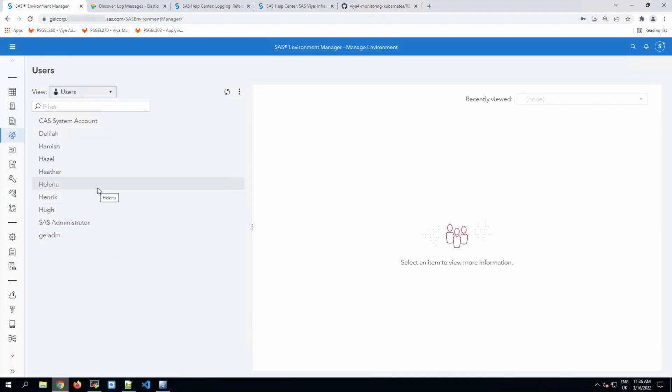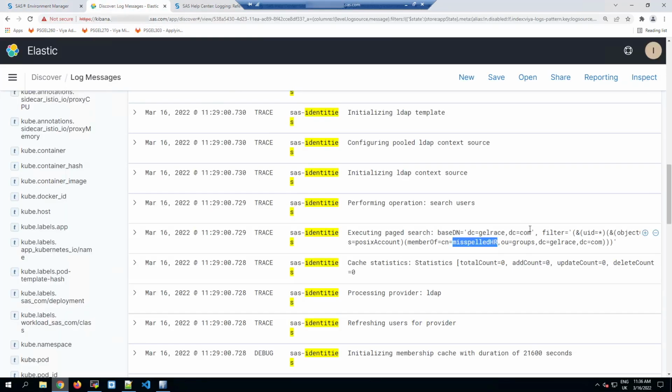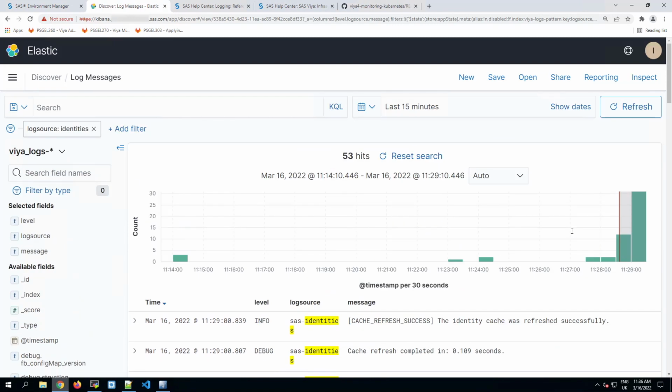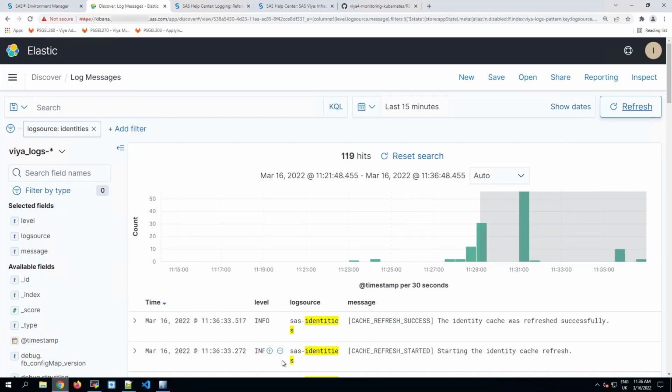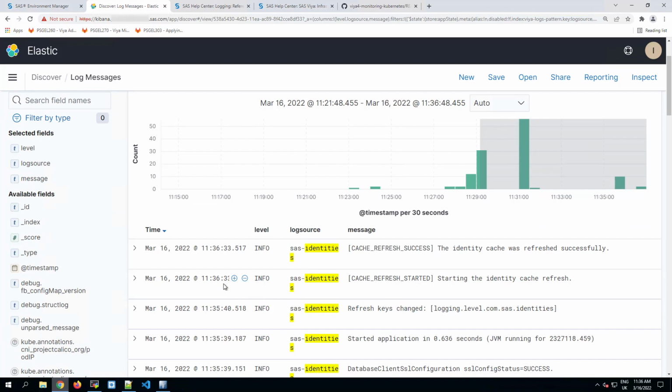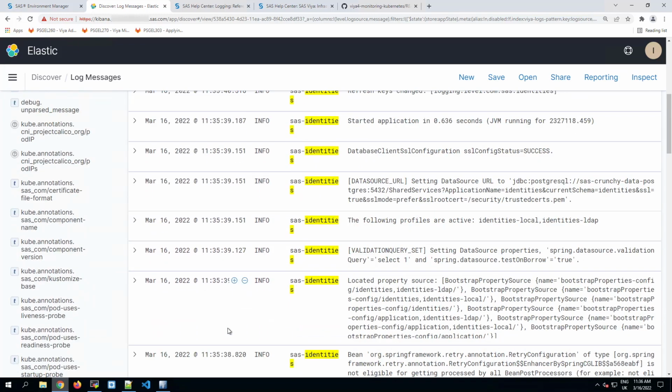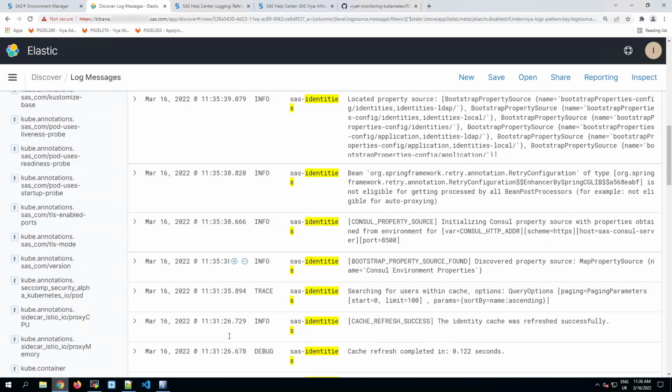And then as that runs, we'll go back to Kibana and we'll refresh in Kibana and we'll see what level of log messages are coming through now. See if it's picked up that change just yet. So that's refreshing. And yep, it looks like so let's look at the timestamp for these messages. These are all info level messages. There's no trace level logging.